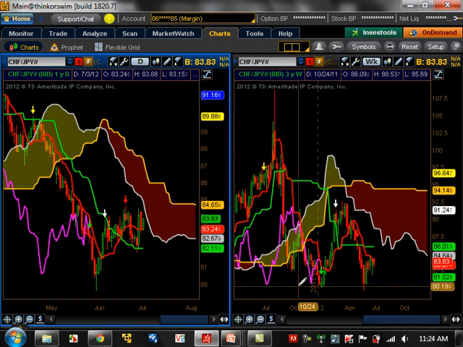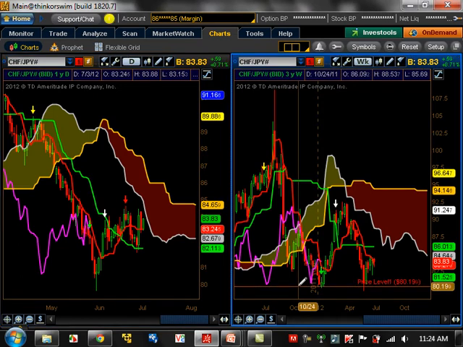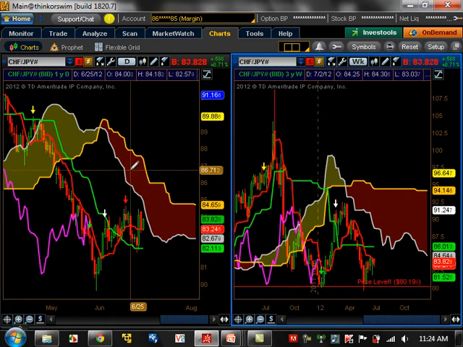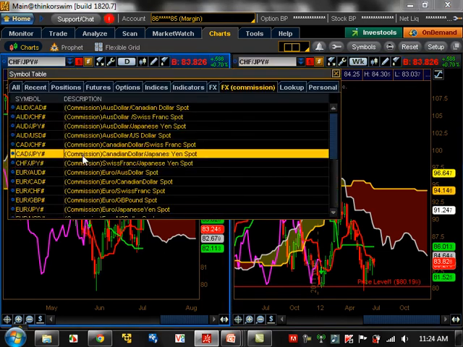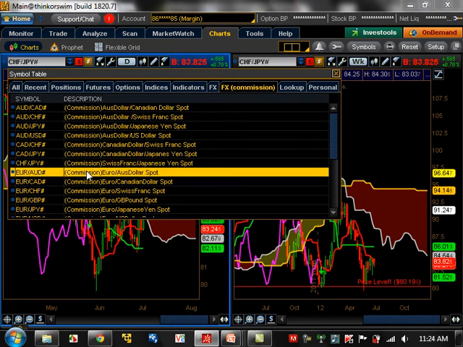Swissy yen, really nothing going on here. A lot of people are saying this is a double bottom. It won't be a double bottom until we break 86.01, which is the next resistance level. So if we hold at 86.01 and then start tanking and get below this 80.19 level, then that's the next support level. But 86.01 is a level it has to break in order for the double bottom